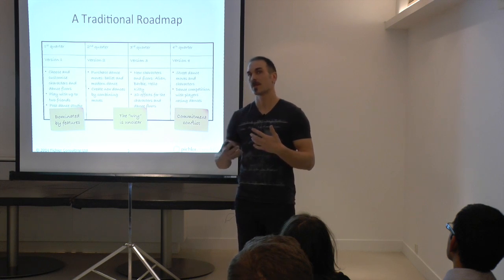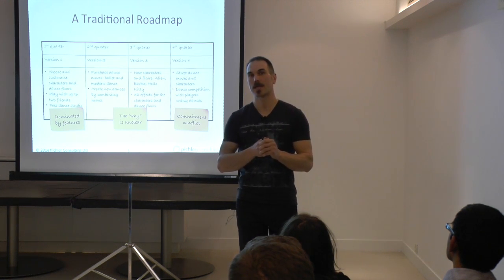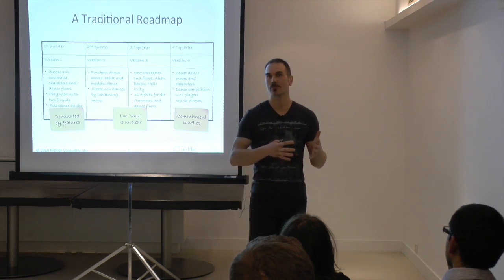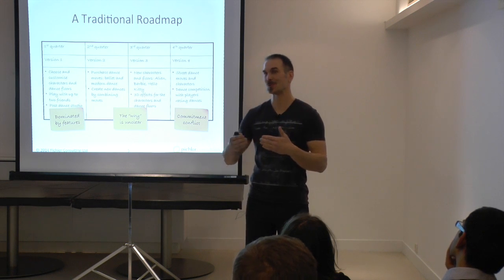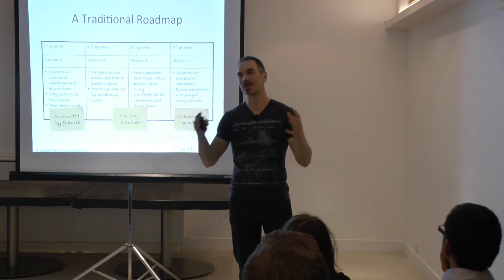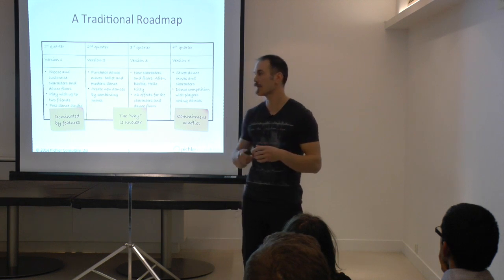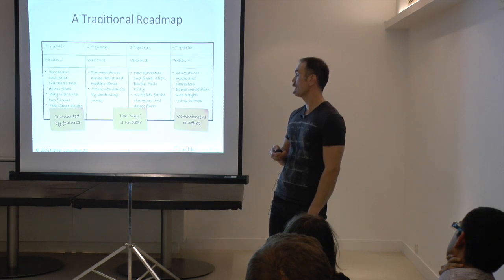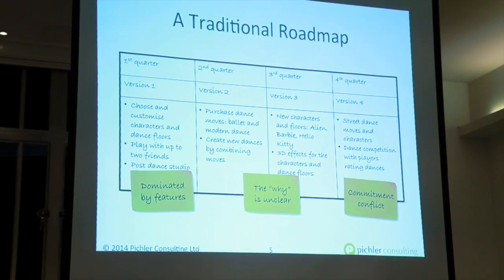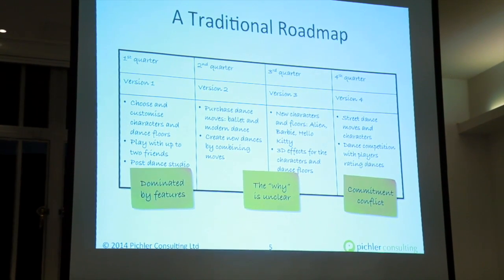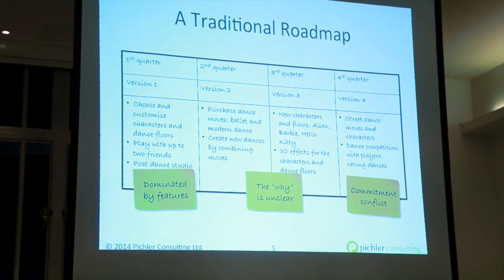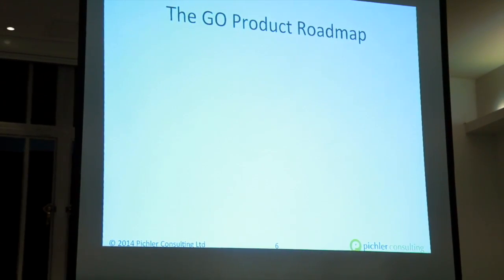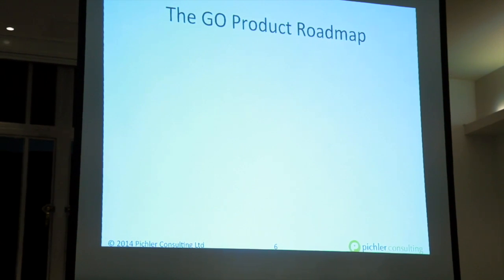So, those are the reasons that I feel uncomfortable working with a traditional roadmap in an Agile setting. But rather than saying, well, let's forget about roadmaps and figure out some other ways to fill that gap in terms of capturing our ideas around the product strategy, I would suggest that you consider applying an Agile product roadmap. And an Agile product roadmap, in my mind, is a goal-oriented roadmap. So moving away from features to goals, and as it happens, I've created a specific template which I'd like to briefly share with you.